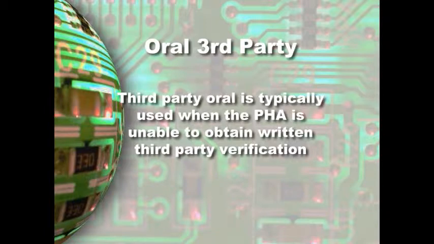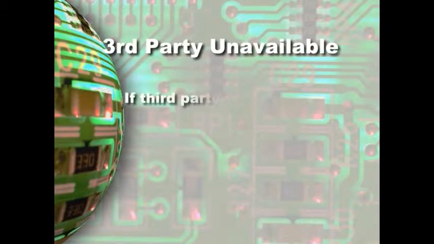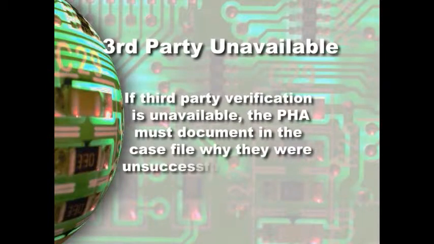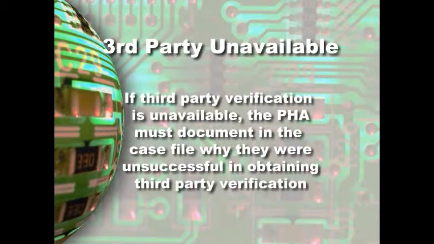Housing authority staff would telephone the verification source and speak to a reliable individual to obtain the necessary information by asking questions and documenting the information received. If third-party verification is unavailable, the PHA must document in the case file why they were unsuccessful in obtaining third-party verification. If third-party verification is unavailable, your PHA may then use a review of documents provided by the family, such